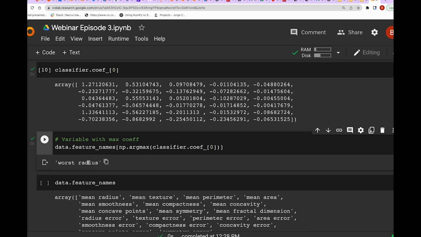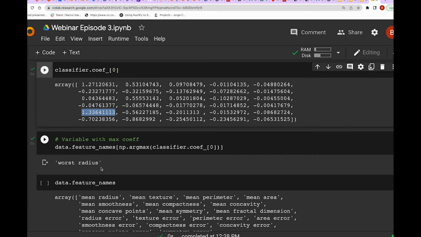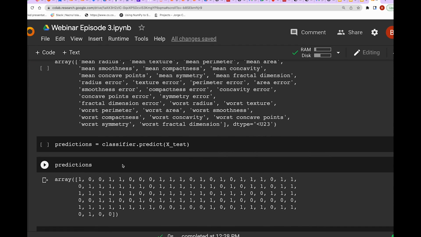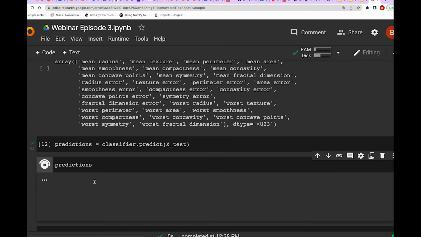So now here, the worst radius has the largest value. I believe this 1.33 corresponds to this feature, worst radius, meaning that the worst value of the radius is the most predictive feature for predicting whether a particular scan is cancerous or not. Okay, and yeah, so then if we take the test values,